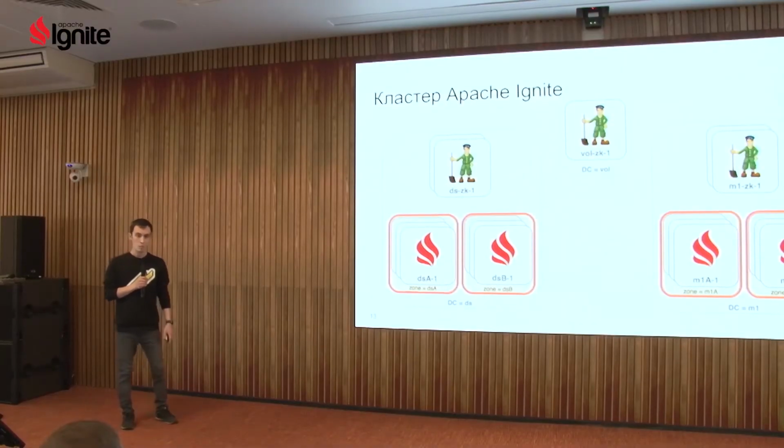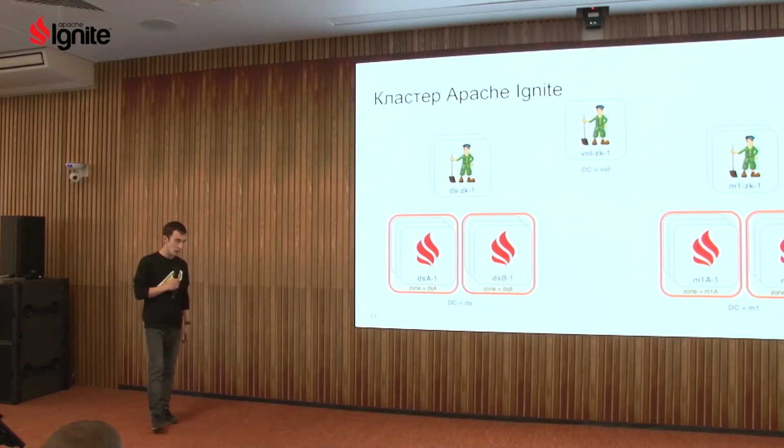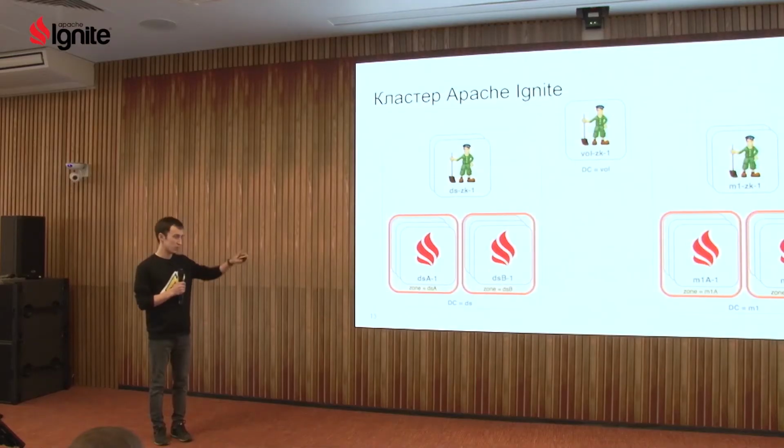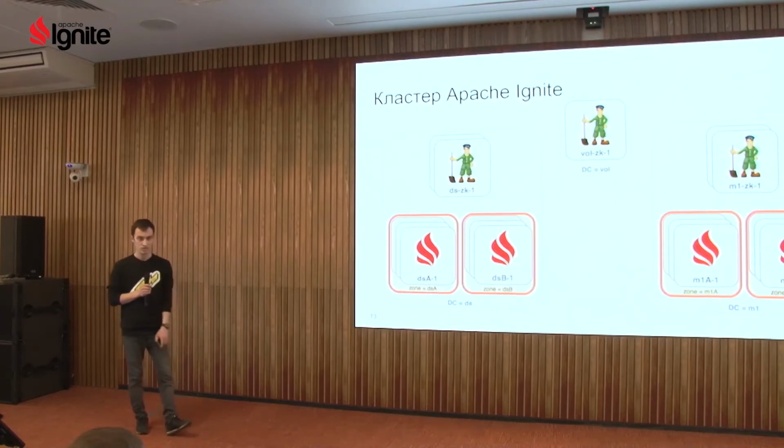My question is, if I want to return nodes to topology, should I just restart them? I do not recommend doing this, because, as I said, it leads to consistency problem. You can configure this. For example, Ignite runs inside Docker. After some process dies, the container will be brought back. But this is a controversial point in my opinion. We do it manually without auto restart. Do you just perform manual restart? Just restart the process? Yeah.